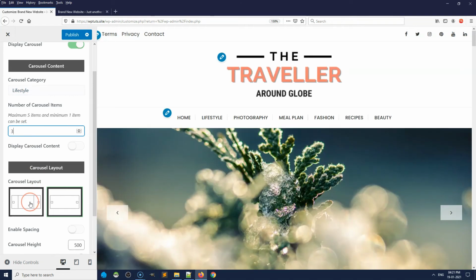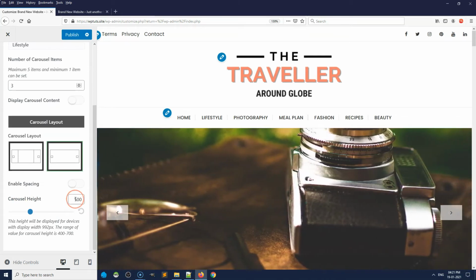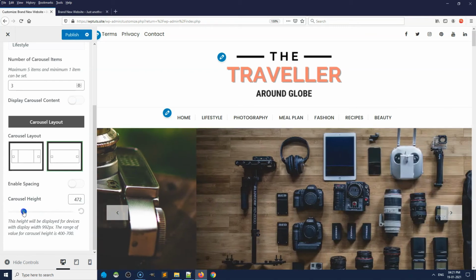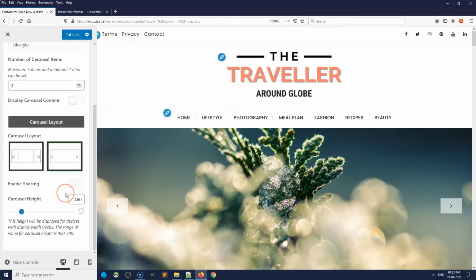And you can choose the layout here. Actually, we have two different layouts. And we can set the height. And we can set the height to 460 pixels. So now hit Publish.